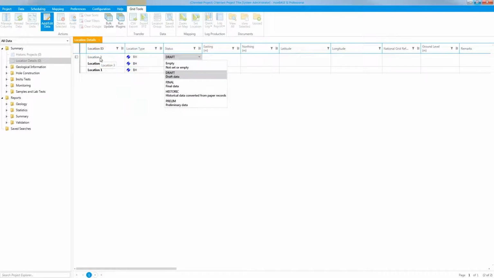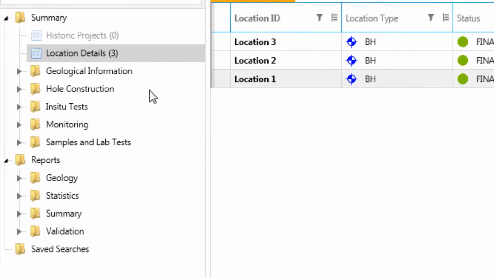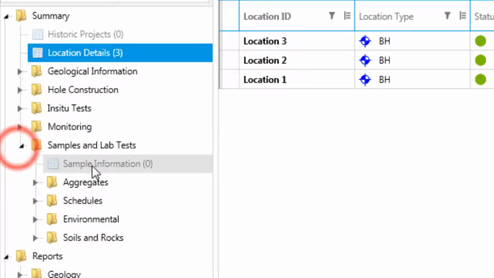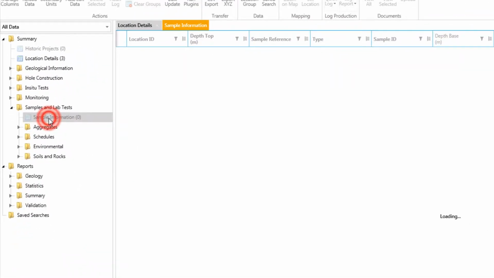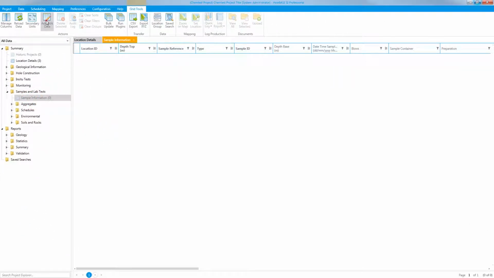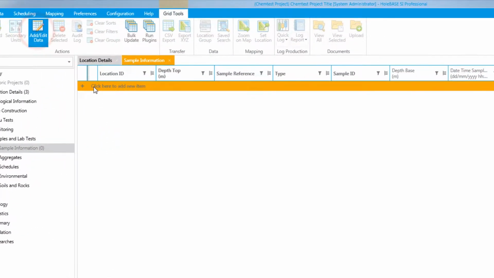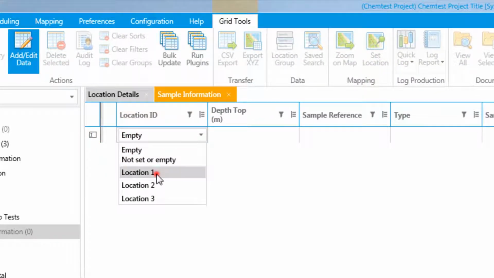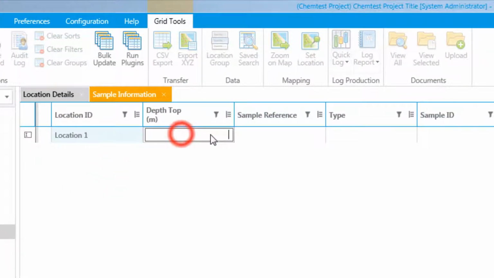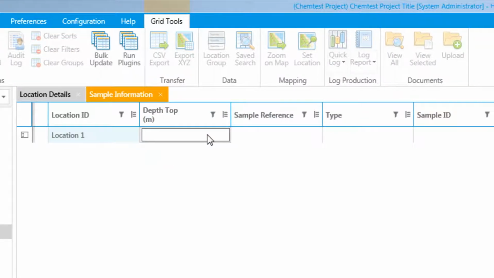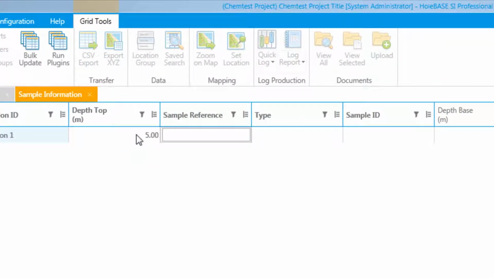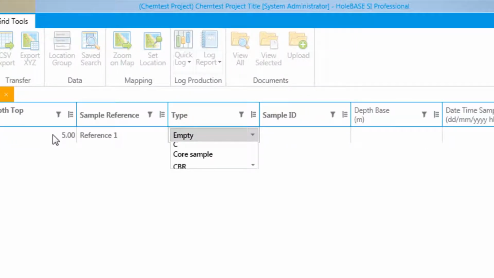Now it's the time to add samples for each of the previously added locations. On the left-hand side tree view, expand Samples and Lab Test folder and double-click on Sample Information. Following the same process as for the locations, click on Add Edit Data icon on top of the screen to enter the edit mode, then on the orange row within the Sample Information table. Enter the data required for each sample. Choose Location ID, enter top depth, sample reference, type,